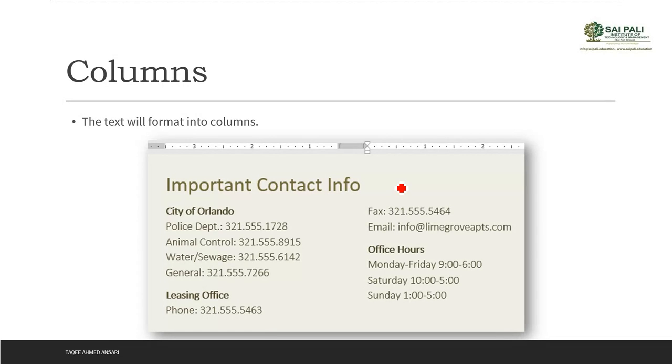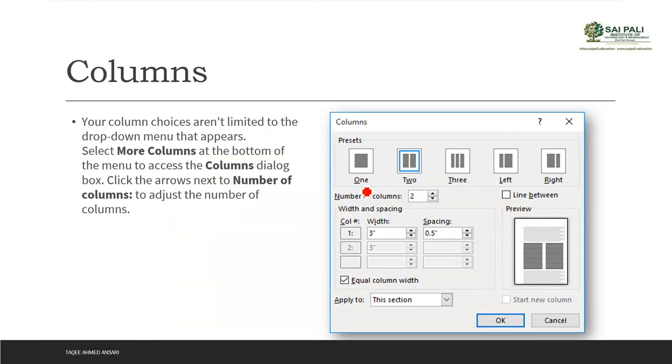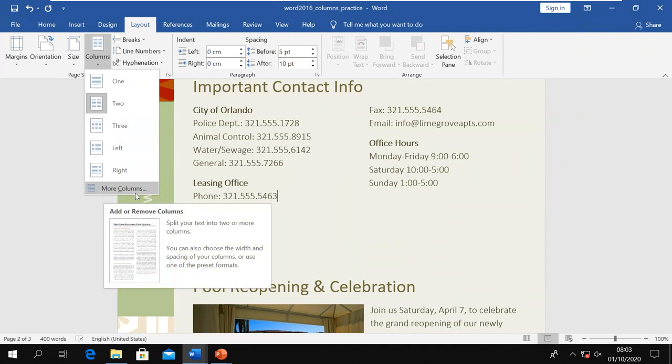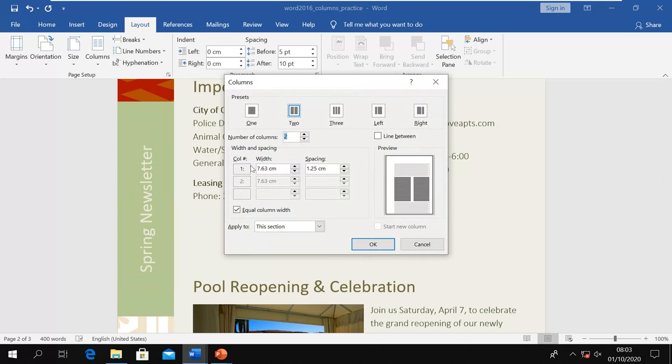And also you can add the column break. And more, you can go for more. As I said, not only 1, you can go for more columns. If you want that, then you can go here and select this more columns option. From here the default presets are there, 1, 2, 3, left, right, and also you can add the number of columns. Right now there is 2. I can increase, and you can see the preview here. You can also change the size, width and spacing between the columns.